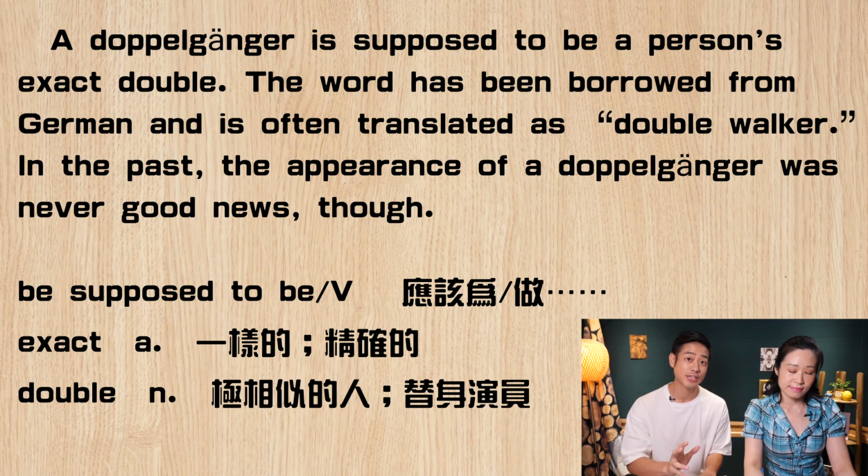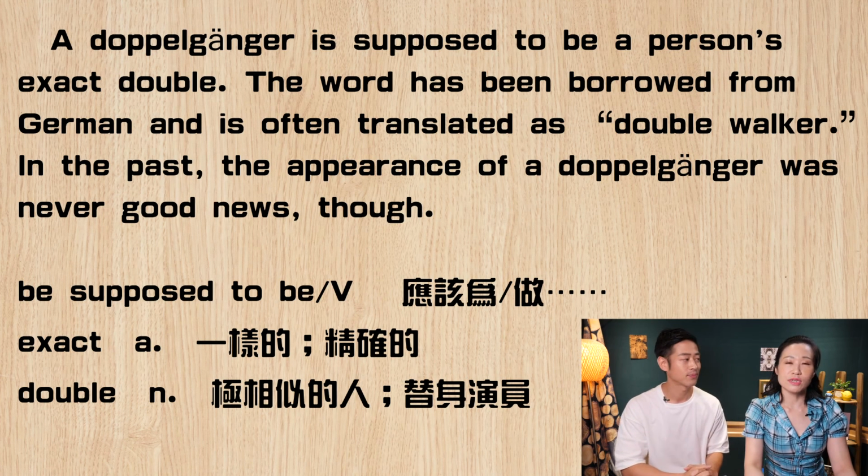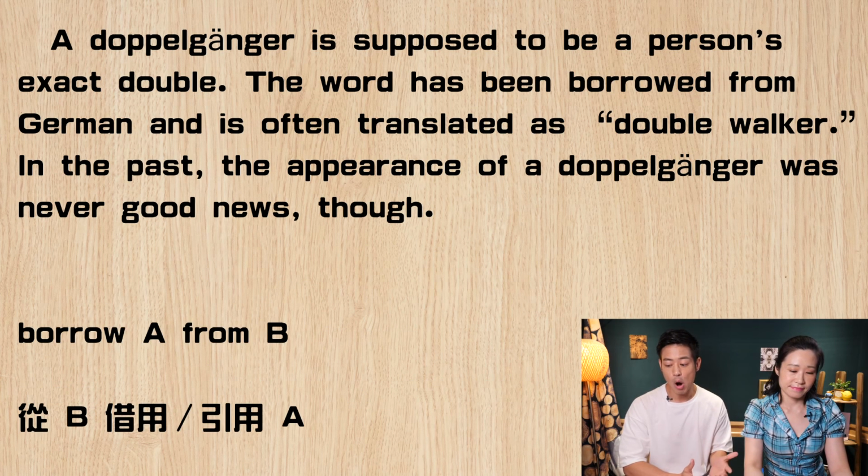So here we see exact double. Exact here is an adjective meaning completely the same. Exact 这个字当形容词，表示完完全全一模一样的意思。And double here is a noun, and double is the opposite of single, so it means two exactly the same. 所以 double 这个字在这边是名词，跟 single 是相反的意思。single 就是单一一个，double 就是2个完全一模一样的。